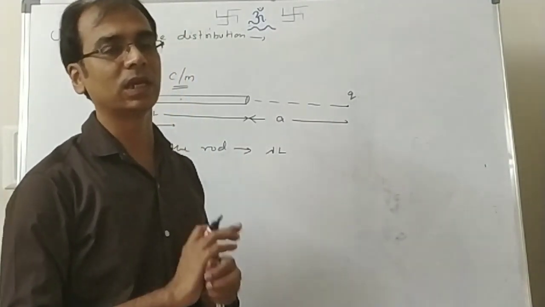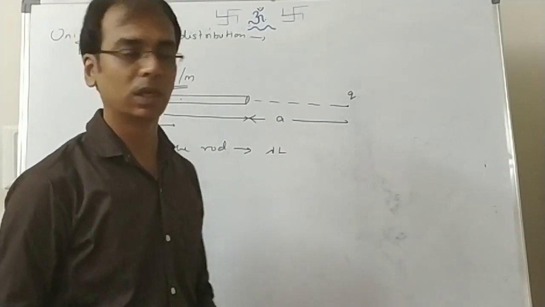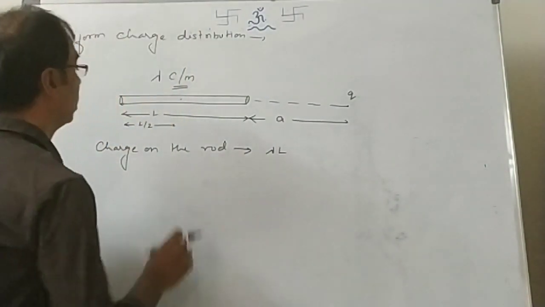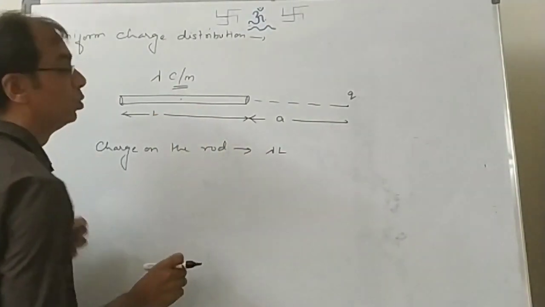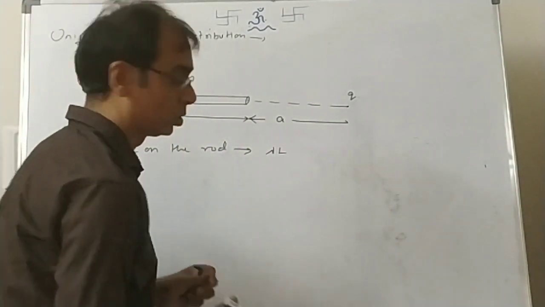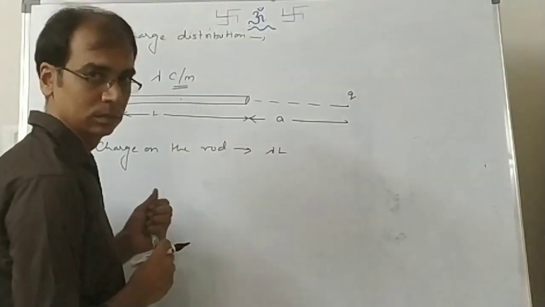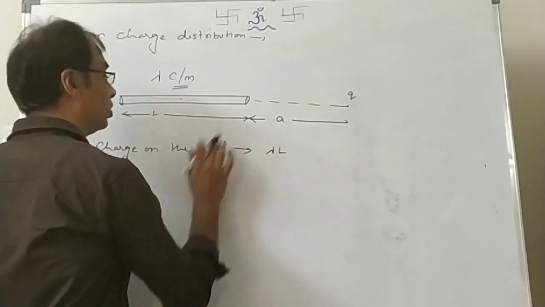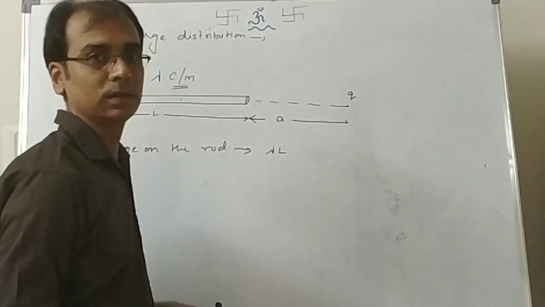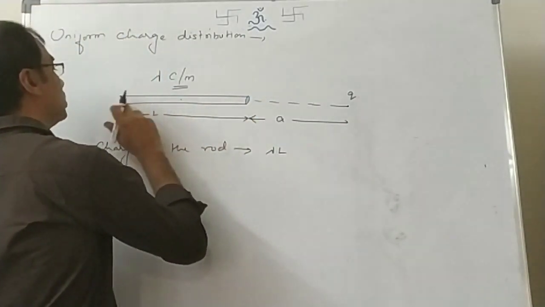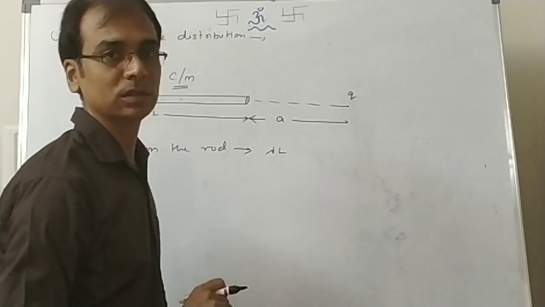Okay, so we cannot assume anything like center of charge. Then what to do? According to Coulomb's law, force is defined for two point charges. So the question is, can we have point charges in this one? Can we divide this rod into point charges? Yes, we can. How many? Infinite. From this end to this end, I can cut it into infinite point charges.